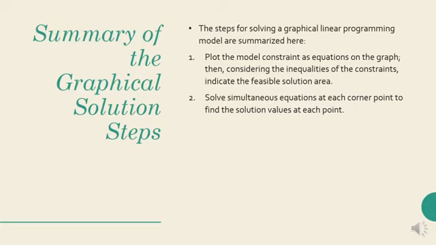So, tatandaan natin na sa number 1, ipa-plot natin, gagawin muna natin yung line 1 at saka line 2, para malaman natin yung feasible solution area. Yung gray area dun sa ating graph, kung saan nakapaloob, within yung tinatawag natin dun sa dalawang lines. So, pag nakuha na natin yun, number 2, solve simultaneous equations at each corner point to find the solution values at each point. Pag nalaman na natin kung ano ang point A, ang point B at saka point C,